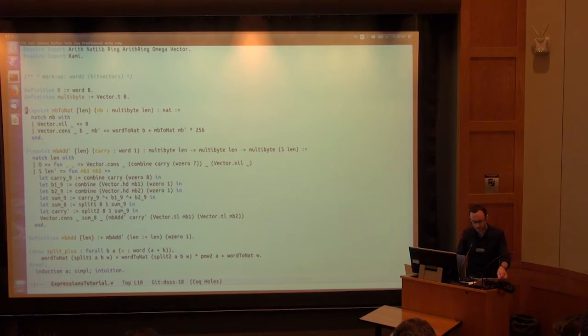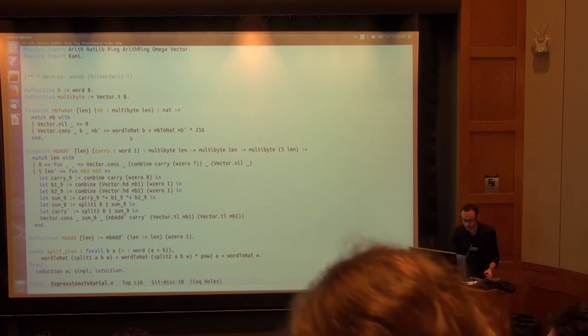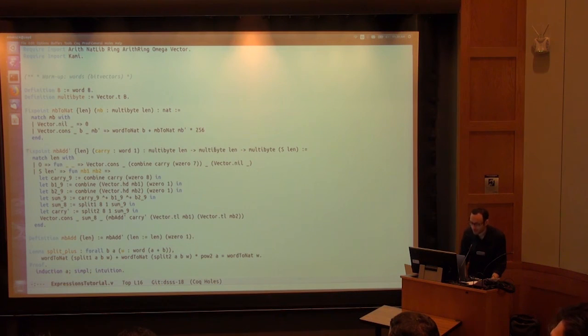And we have this handy function that converts a multi-digit representation into a single natural number, where an empty representation stands for 0. And then when we cons a byte onto the front of another representation, we can shift the meaning of the rest of it by multiplying by 256 and then add in the nat version of the 1 byte on front. And then this recursive definition is what we were just drawing. It takes in a carry and 2 multi-byte things and outputs a multi-byte of length 1 more. So when the length is 0, we take the carry, we combine it with 7 0 bits. That was the 0 extend I was talking about, and then that becomes the single